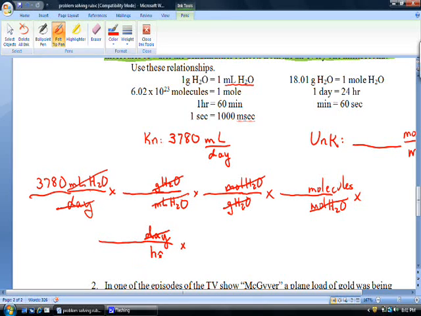So now I have hours on the bottom from right here, and I want hours to cancel out, so I'm going to put hours on the top like this. Now those hours will factor out,